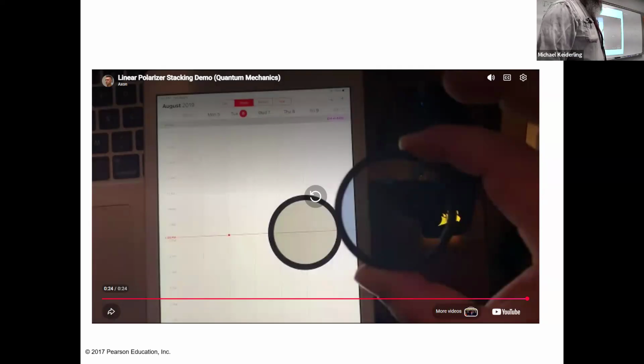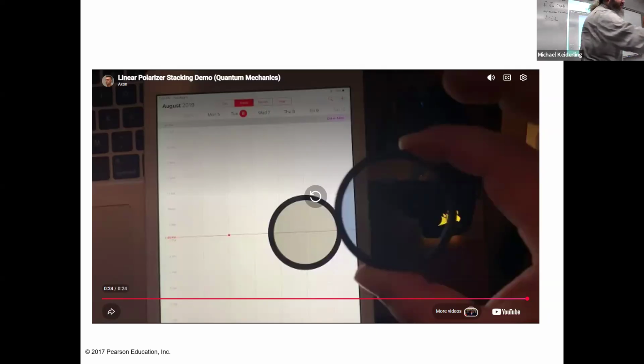But my phone, for example, is polarized. So if I hold light here,